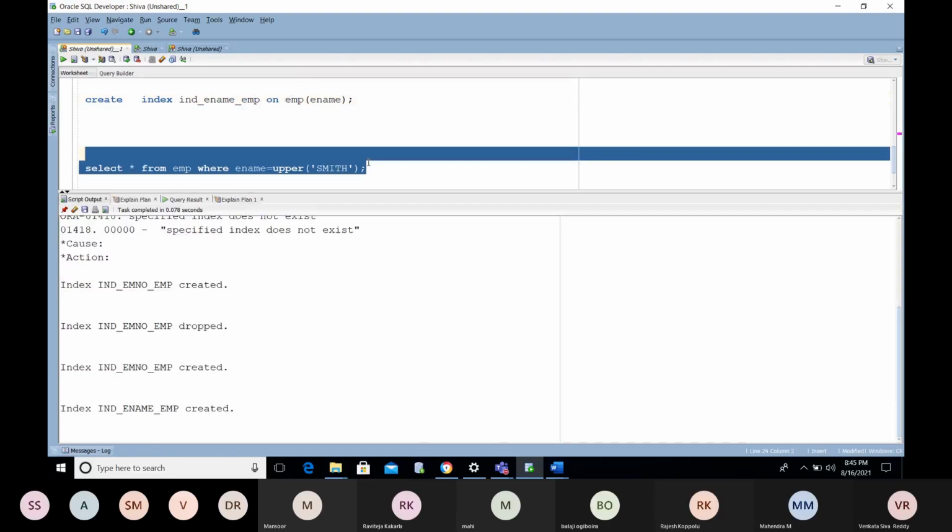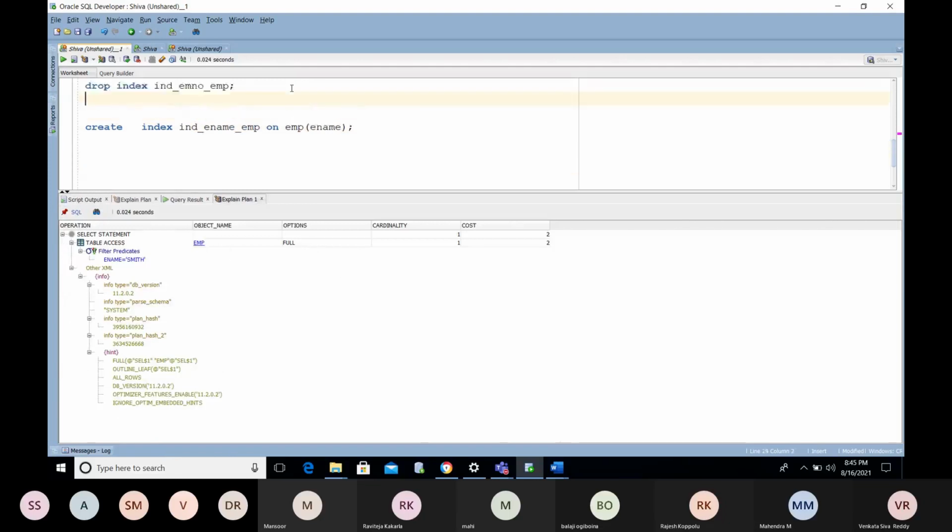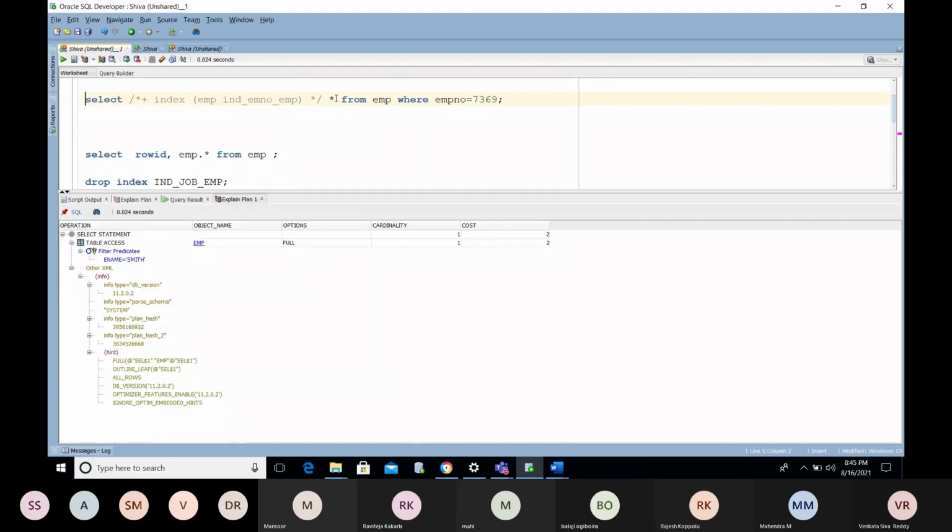If the table has an index, it should perform a range scan, right? Now it is still going for the full table scan. Now I'm mentioning the index hint as well.